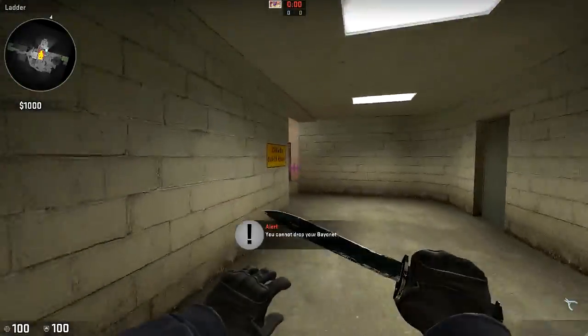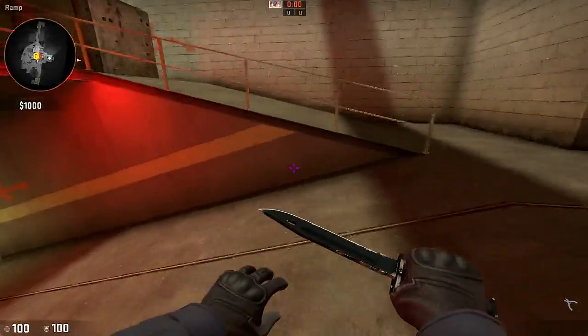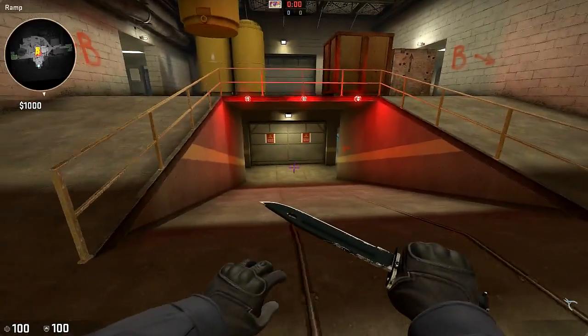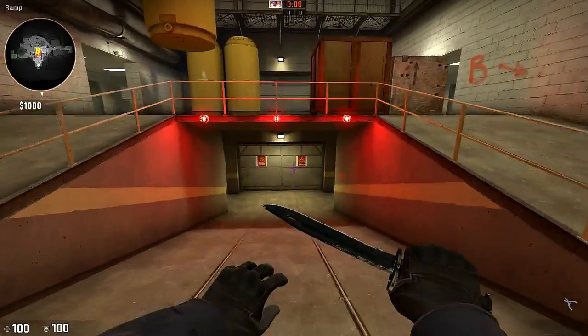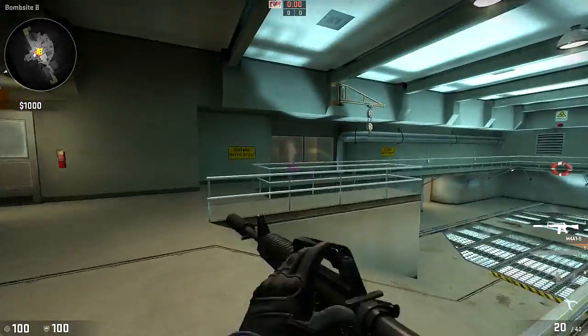Now come down into this area here. We have the ramp. Ramp, obviously pretty self-explanatory name here. It is quite literally a ramp, and this ramp actually goes right down into B site. In B site,